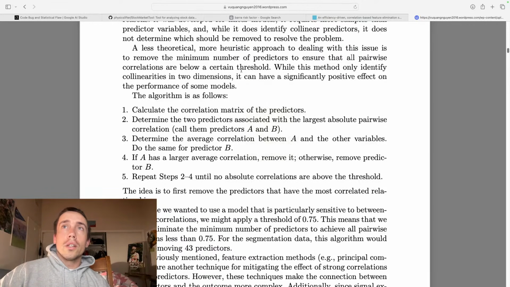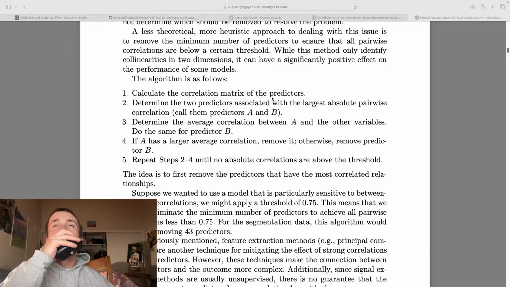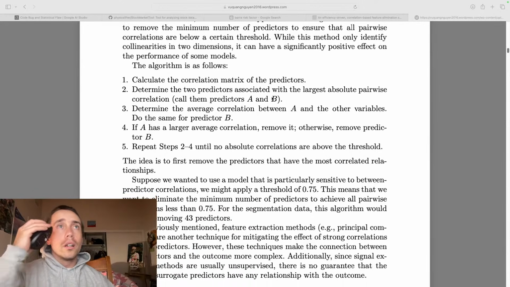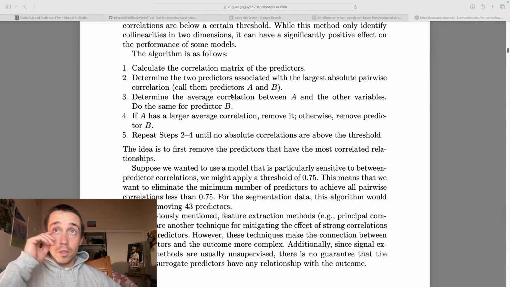While this method only identifies collinearities, calculate the correlation matrix. Determine the two predictors associated with the largest absolute pairwise correlation. Determine the average correlation between A and the other variables. If A has a